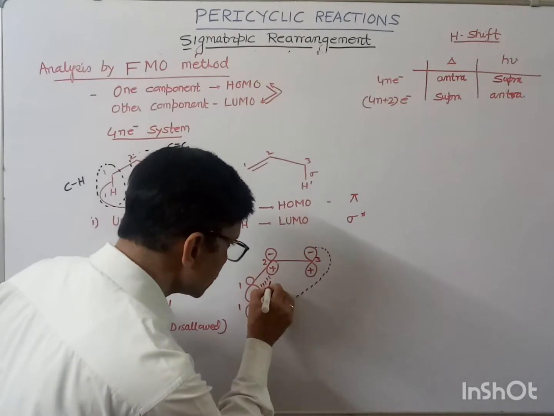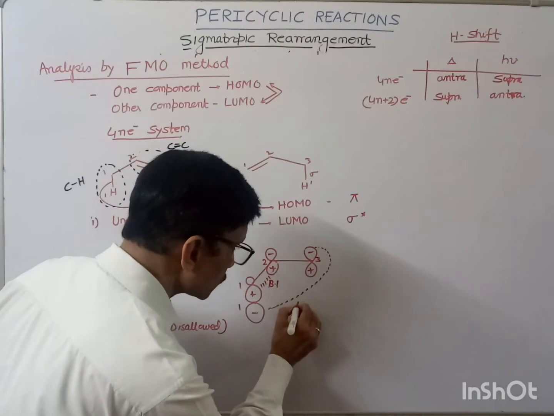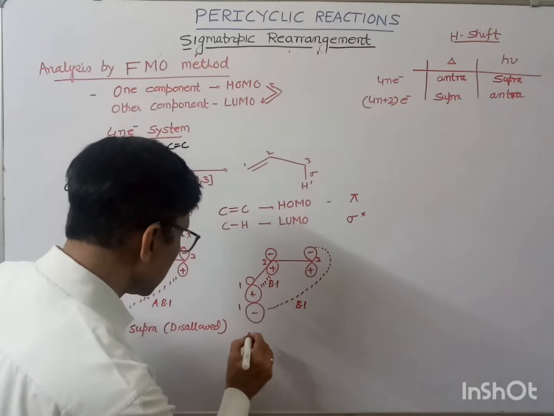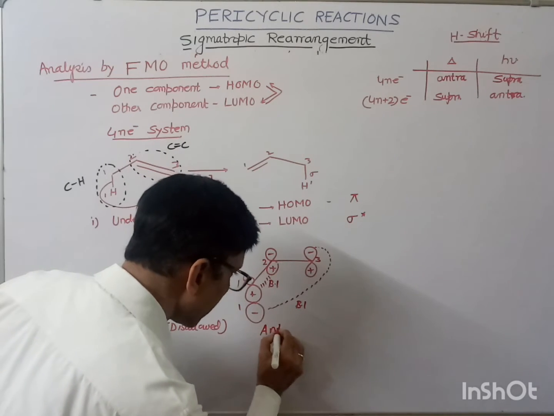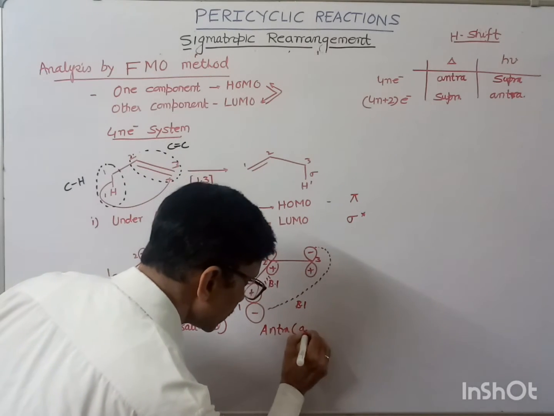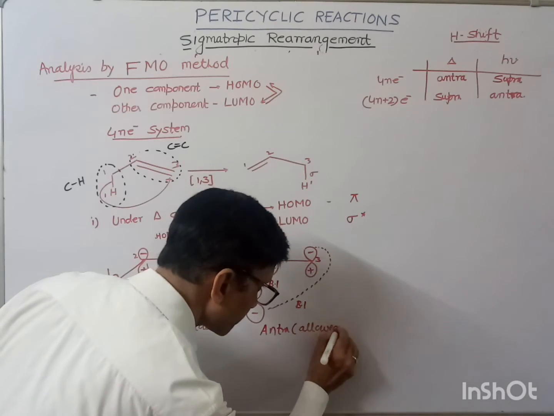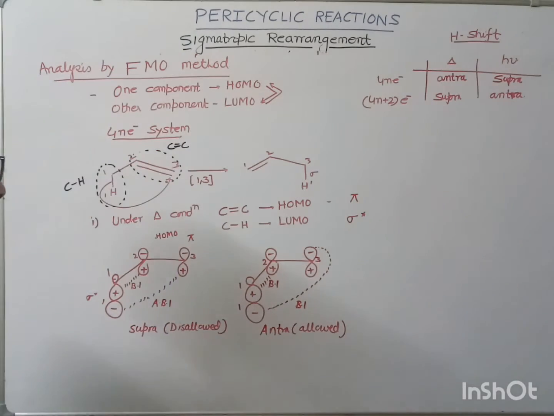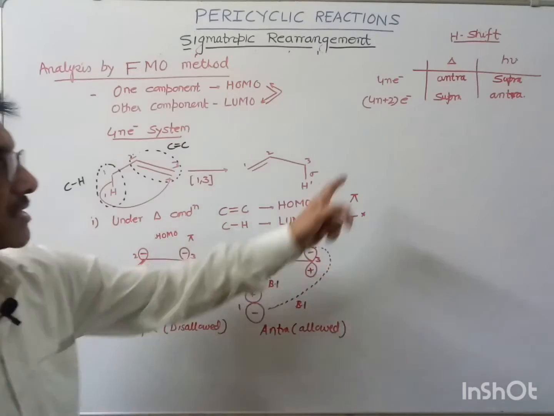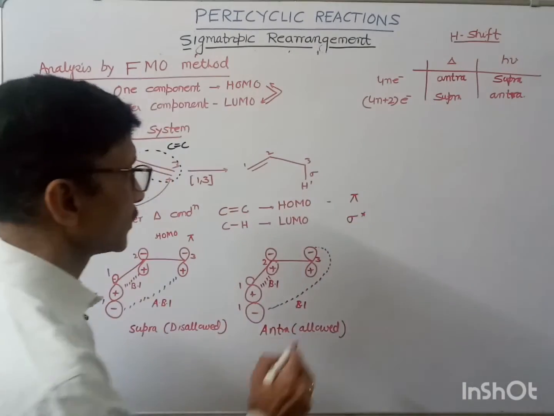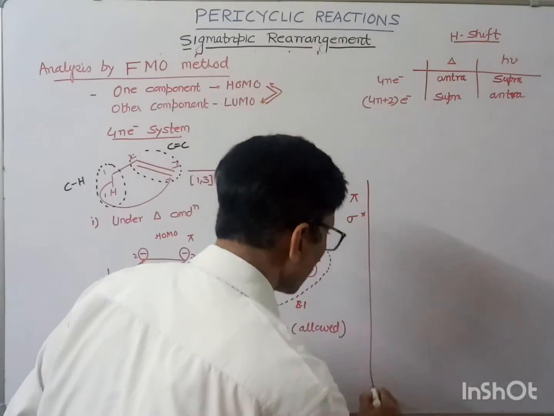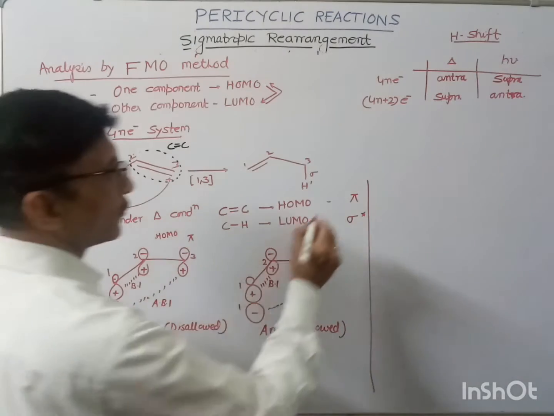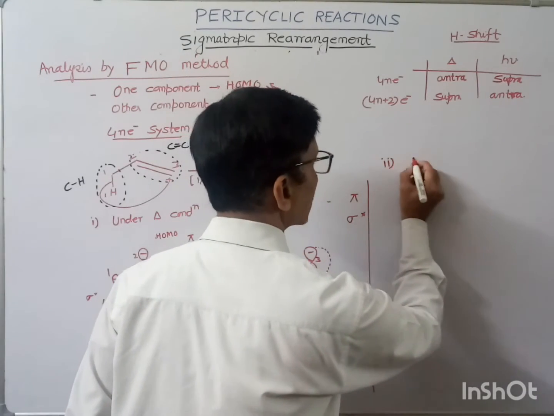So here this is a bonding interaction. Here also it is a bonding interaction. That's why intra is allowed. Intra is allowed here. Under thermal condition, intra is allowed, that we have seen over here. Now under photochemical condition, if you will see,